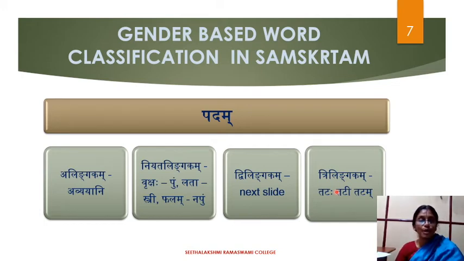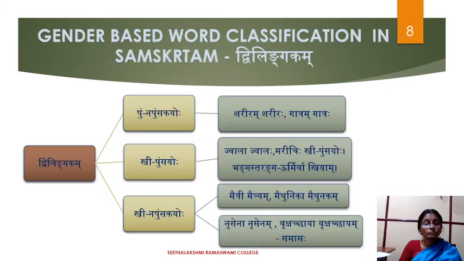That is very, very important, whether it be Dvilingaka or Trilingaka. The lexical entry should be 1 and the gender assigned should be 2 or 3 respectively for Dvilingaka and Trilingaka pada. We should remember this. Now coming to Dvilingaka padas, we have 3 categories. Here you have Pullinga and Napumsakalinga combination, Strilinga and Pullinga combination, feminine and masculine combination, and Strilinga and Napumsakalinga combination,